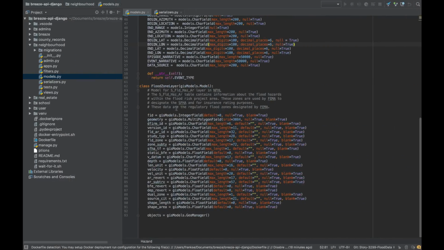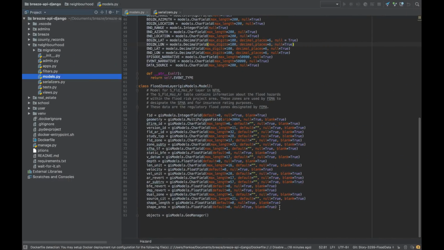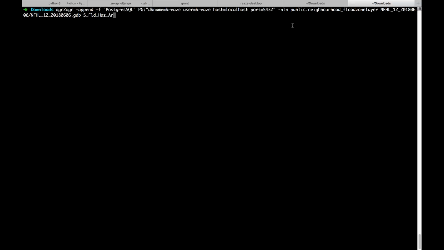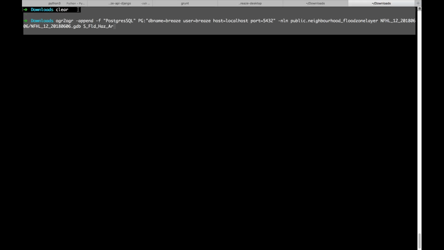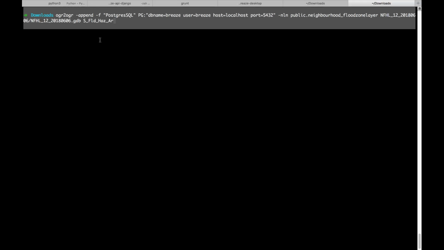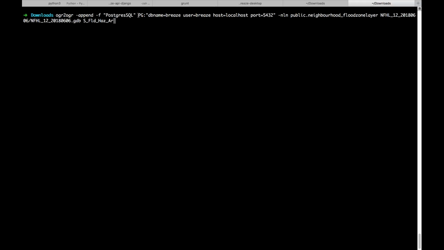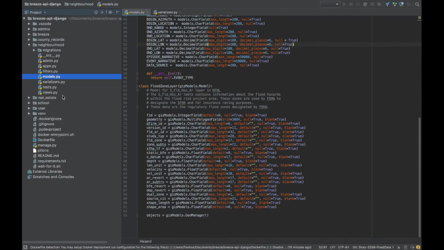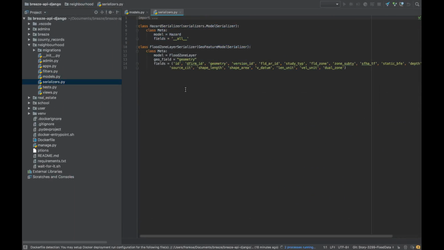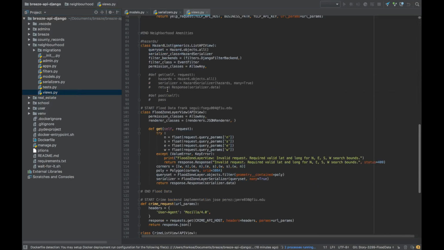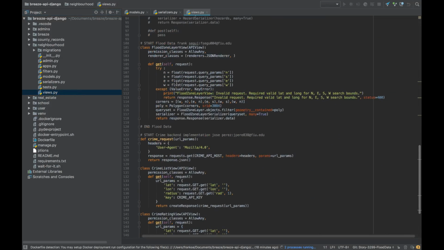So with this file, we can create this model based on the information that we can see inside, and then we create the database after we do migrations. I went more in depth on how to create all the data in another video, but then I used this command to populate the database with information, and then I had to build the serializer and the views for flood,